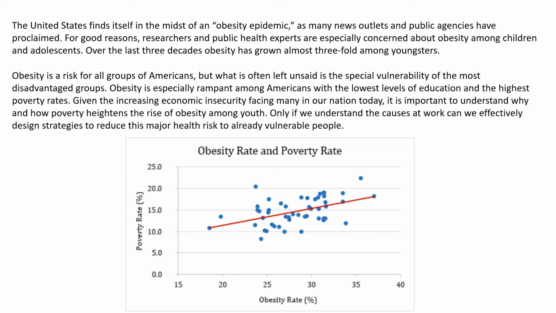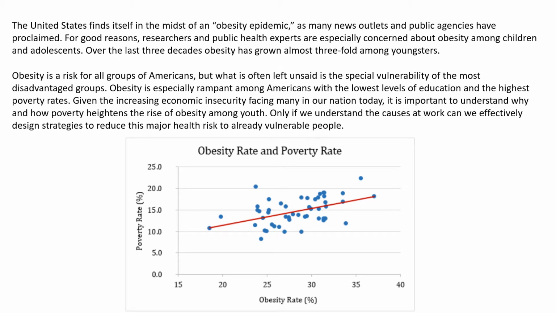Obesity is a risk for all groups of Americans, but what is often left unsaid is the special vulnerability of the most disadvantaged groups. Obesity is especially rampant among Americans with the lowest levels of education and the highest poverty rates. Given the increasing economic insecurity facing many of our nation's families today, it is important to understand why and how poverty heightens the risk of obesity among youth. Only if we understand the causes at work can we effectively design strategies to reduce this major health risk to